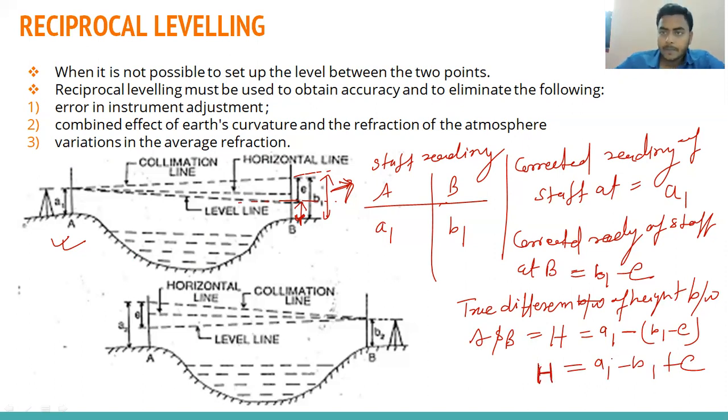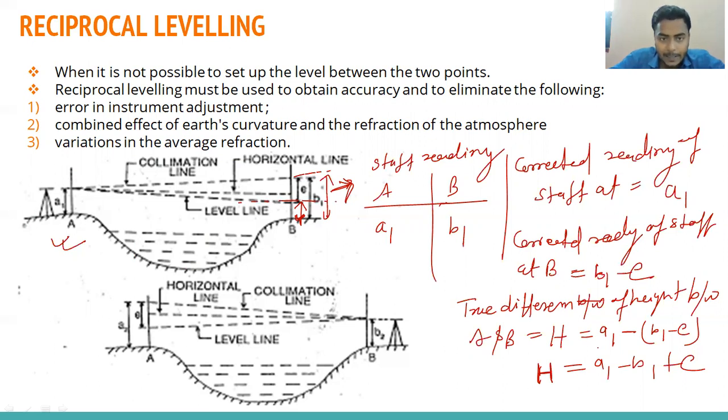Are you getting your point? बस ध्यान में आपको ये रखना है कि लेवलिंग इंस्ट्रूमेंट रखे हमने ए पे, सो ए पे जो रीडिंग होगी वो करेक्ट है, because the curvature and refraction correction will be negligible, क्योंकि वो बहुत शॉर्ट डिस्टेंस है इंस्ट्रूमेंट से, लेवलिंग स्टाफ और इंस्ट्रूमेंट डिस्टेंस है वो बहुत ही कम है, but as compared to A you can see at B the distance between the instrument and leveling staff is more, so we'll get some error.